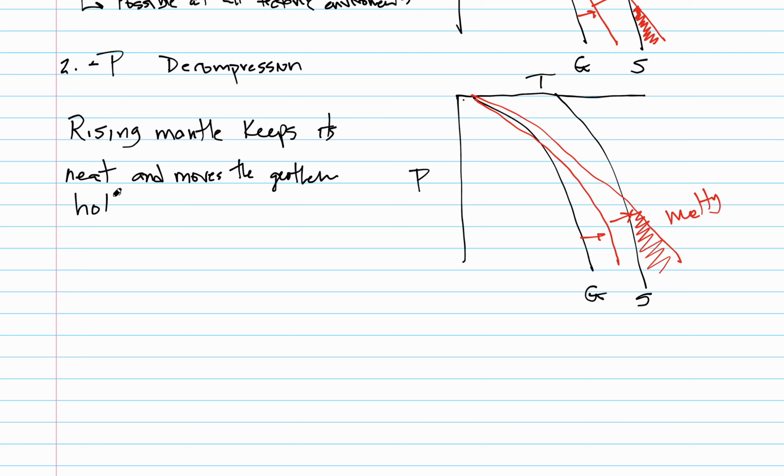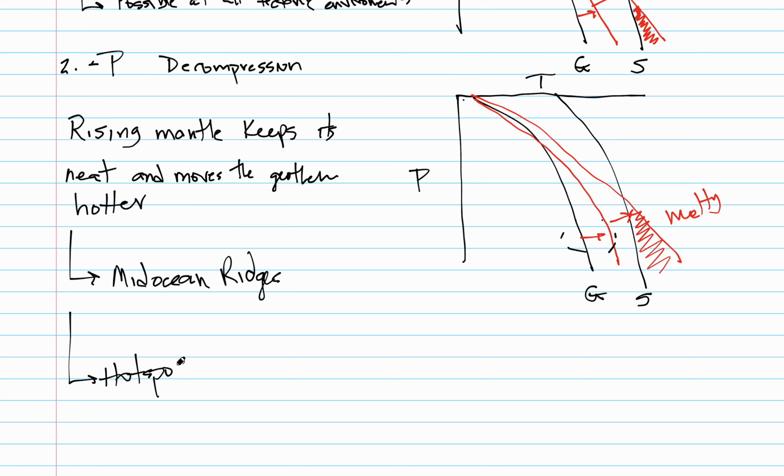Moves the geotherm hotter. And so that, moving the geotherm hotter, are these red arrows right here. The tectonic environments where this can occur is at the mid-ocean ridge system, and then also at hotspots. I'll make a quick sketch of each of these, and then you can confirm this later by reading the